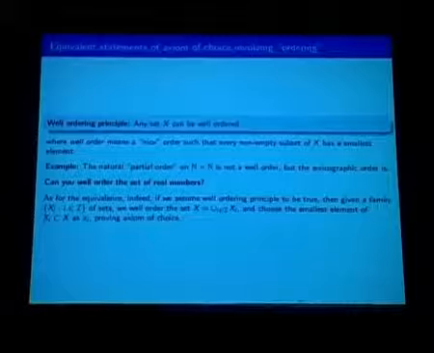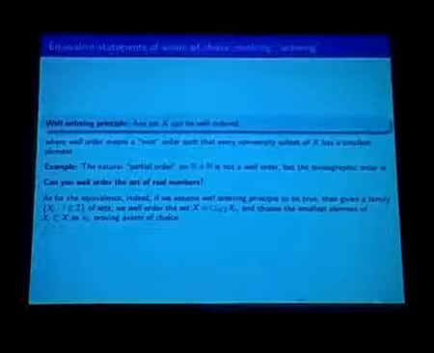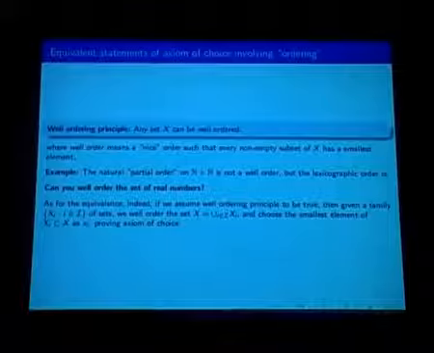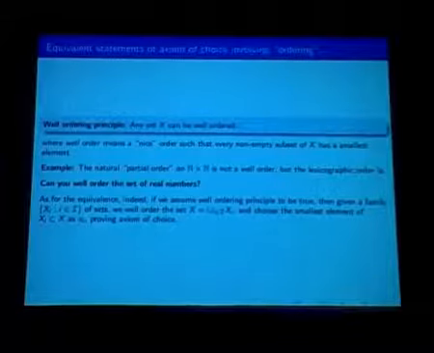This well ordering principle is equivalent to the axiom of choice, and one side is easy to see. If you assume the well ordering principle, then if you have this family of non-empty sets X_i, you take the union of all those and well order that set. Now consider X_i as a subset of this big set and choose the smallest element from each X_i as the chosen element. So the well ordering principle gives you the axiom of choice. The other side is much more technical.